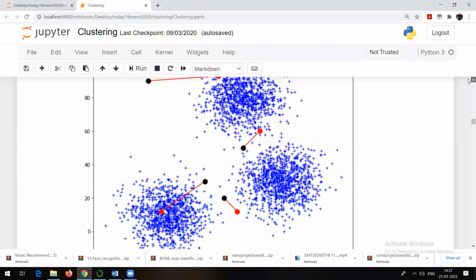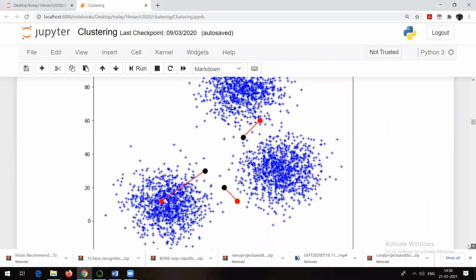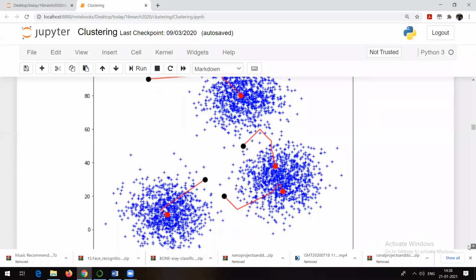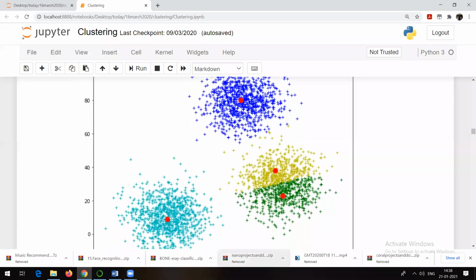As we discussed yesterday, these are the initial positions. The black points are the initial positions of the centroids, and the red points are the new positions of the centroids. This step is going to be repeated again and again till the positions of the centroids stop changing. Like this, we finally got these four clusters. This is the first cluster, this is the second cluster, this one the third, and this one is the fourth cluster.